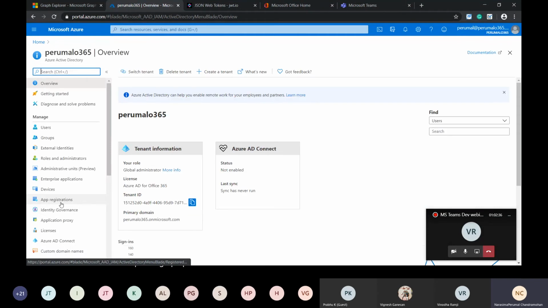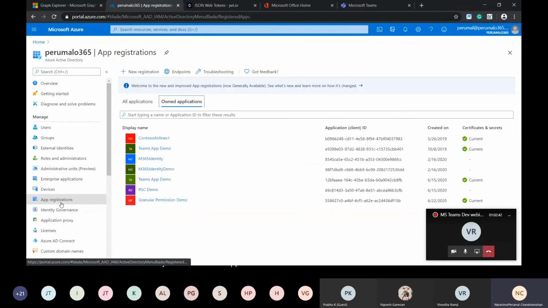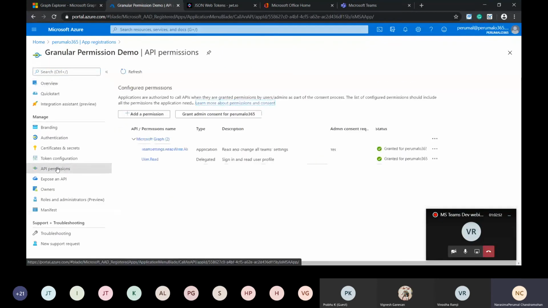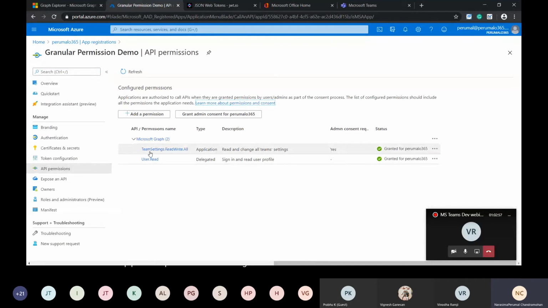I have created an app called Granular Permission Demo. In this app, I have provided the permission TeamSettings.ReadWrite.All. With this permission, I can update or read that particular team's settings. That alone is possible.